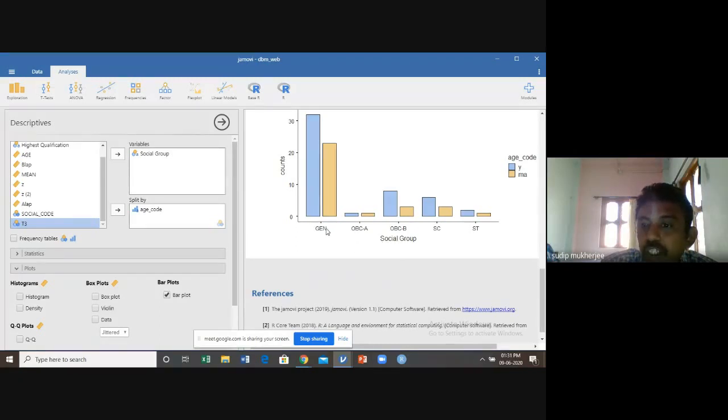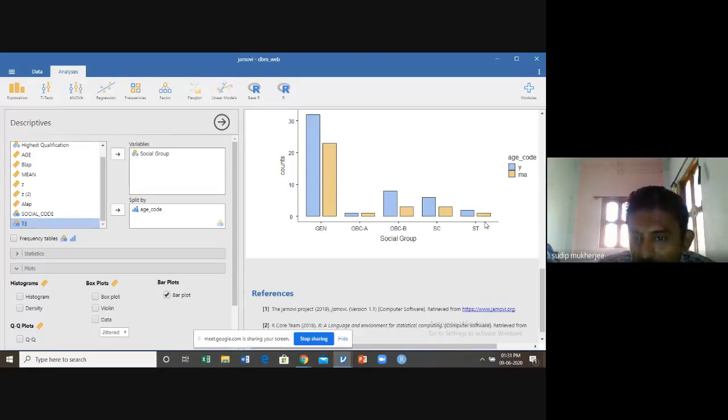Just see the graph. This is the graph of social group with respect to different age code. The blue color shows the graph for young, and the orange color shows it for middle aged people. So this is the graph for the general category.